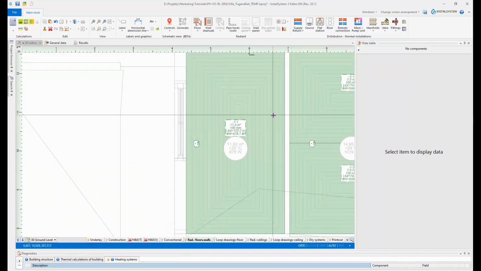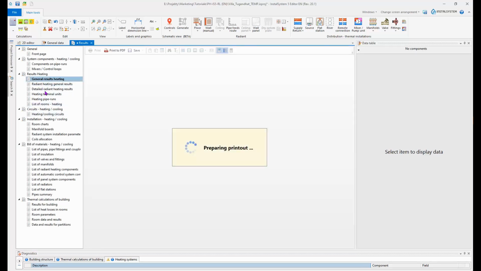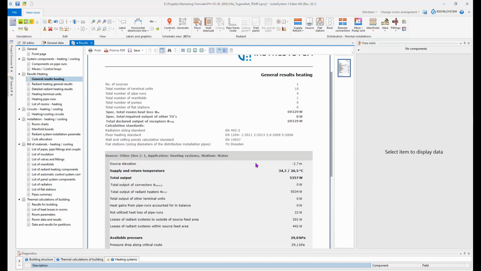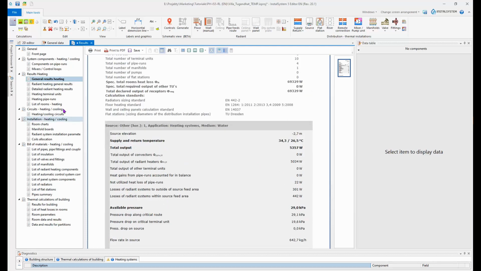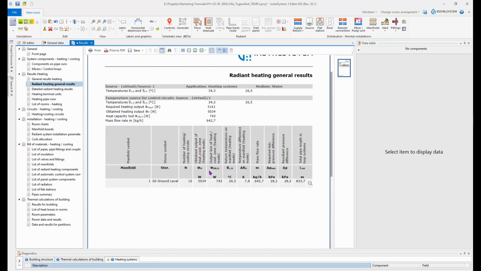And we have many detailed tables with results, starting with general results, radiant heating general results. Here, for example, on this tab, you can check the parameters of the manifold. One manifold on ground level, number of circuits, obtained output, output lost through the floor,